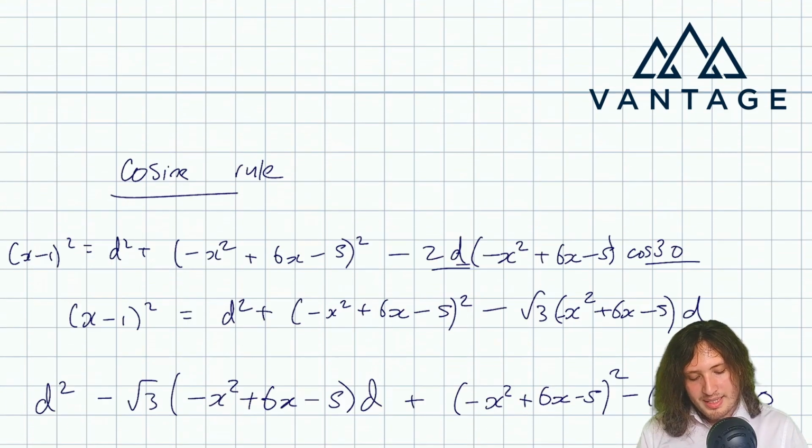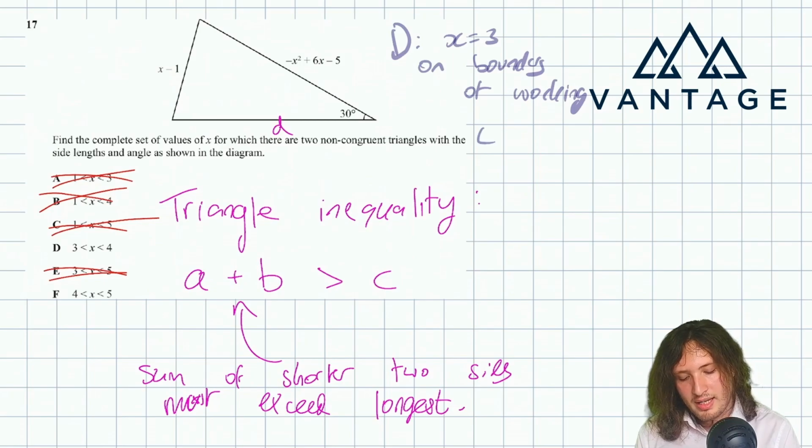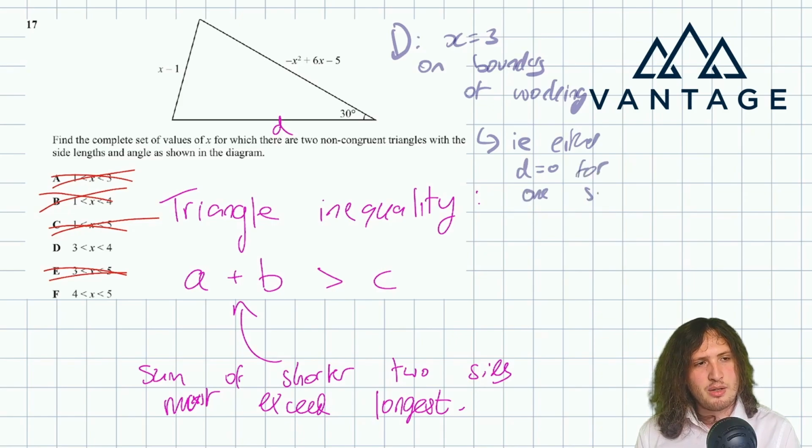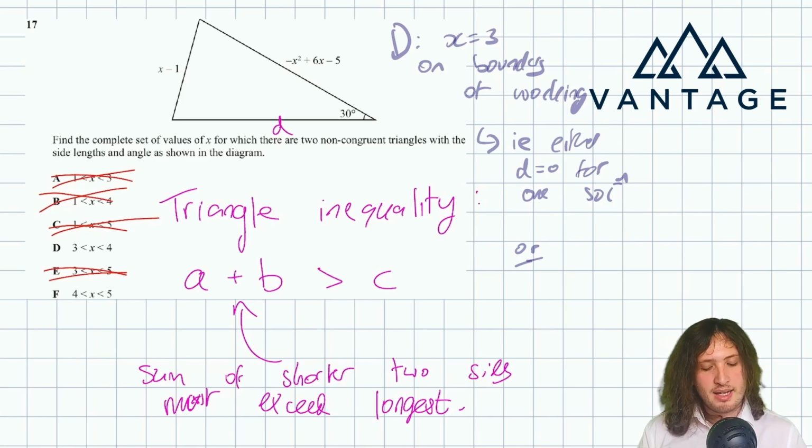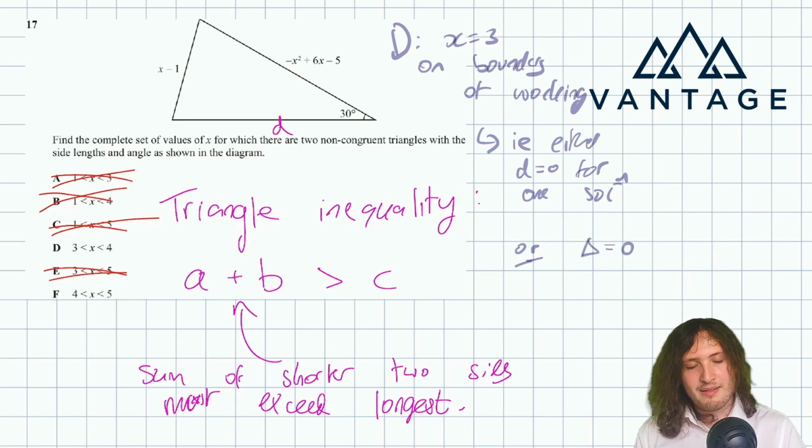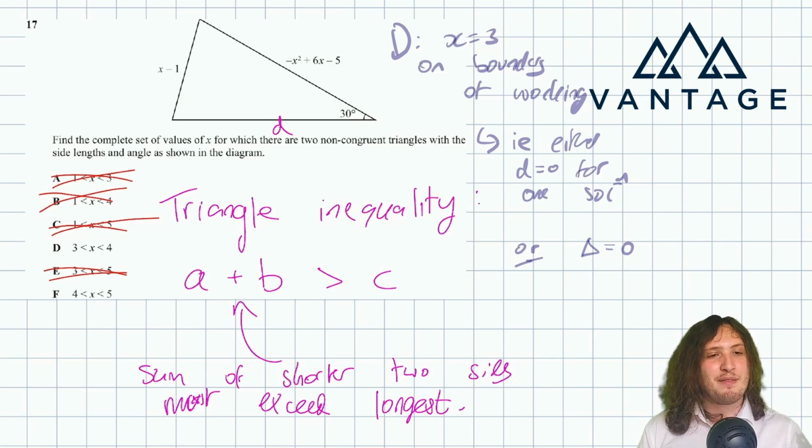So we know according to d we should be on the boundary of working. So that means either we should have d equals 0 for one solution, or another way that we could be right on the boundary of working would be if the discriminant was 0. Because if the discriminant was 0, again, if I change x by the tiniest bit, that would be expected to give me